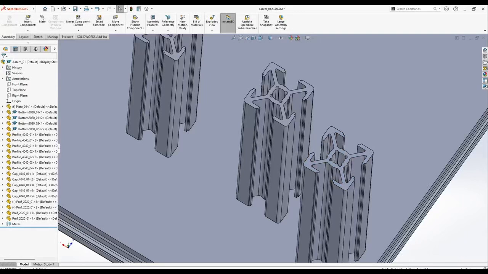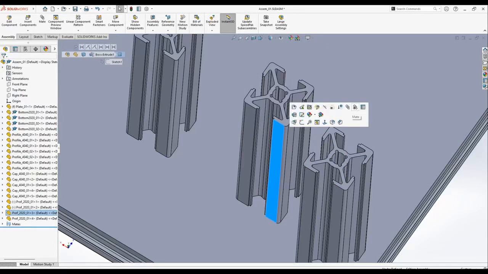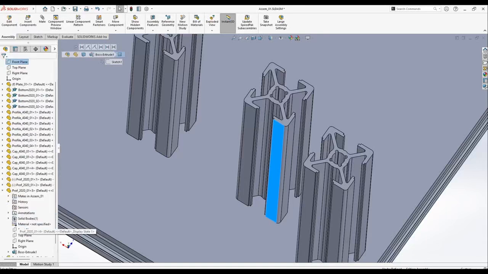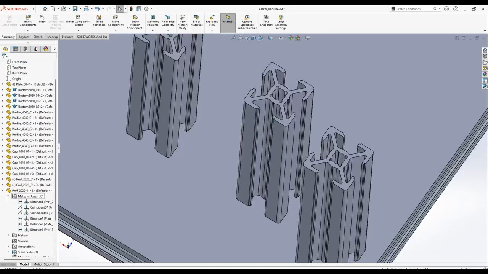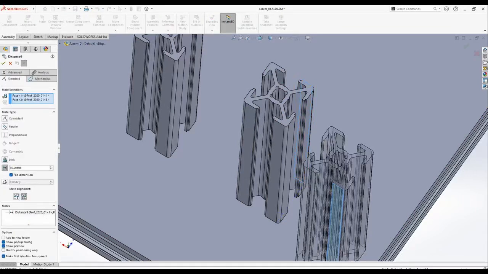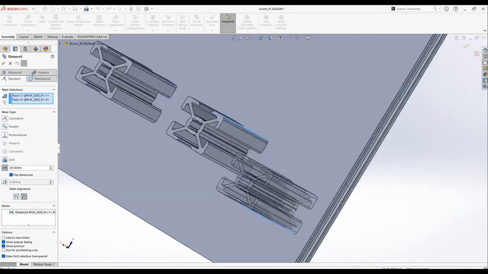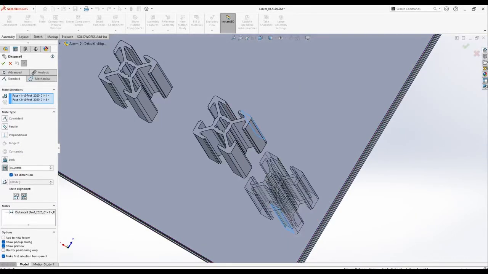I know that the last one was made with this part. I could open it here or here, directly in mates, and search for the last made. So I can edit it, and I see 30 millimeters from this and this is the distance good, but wrong